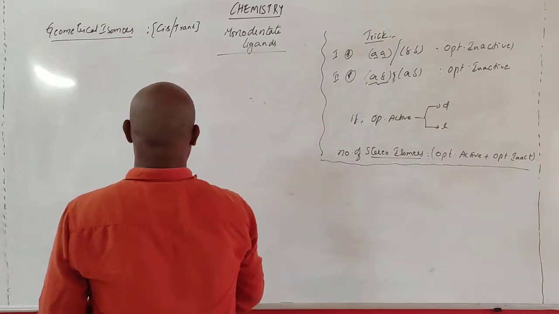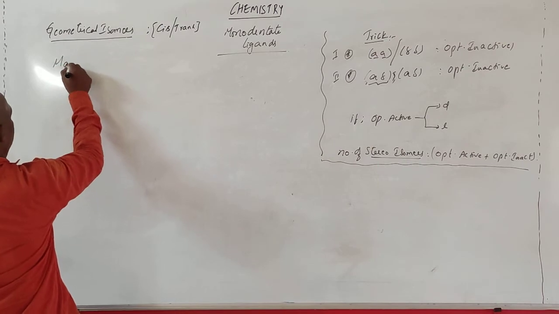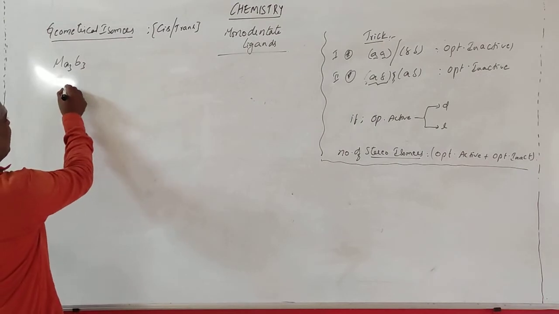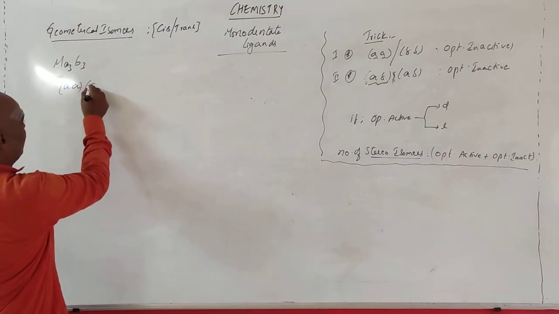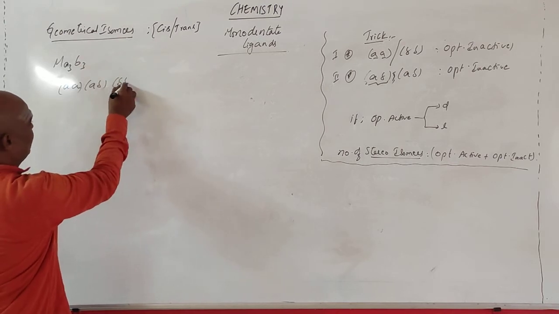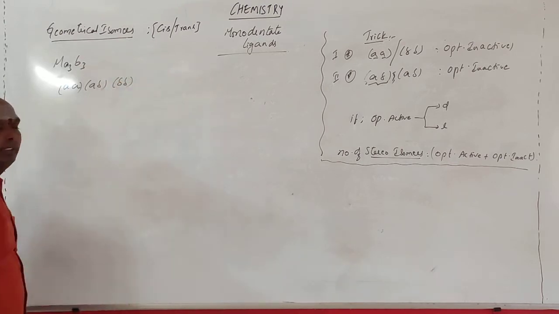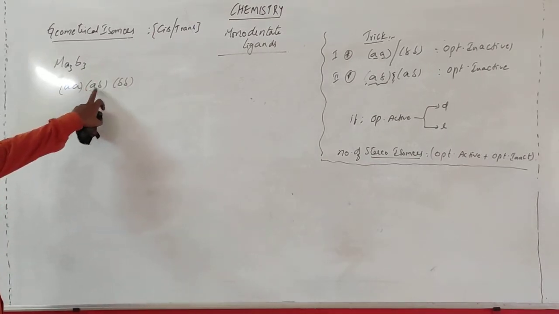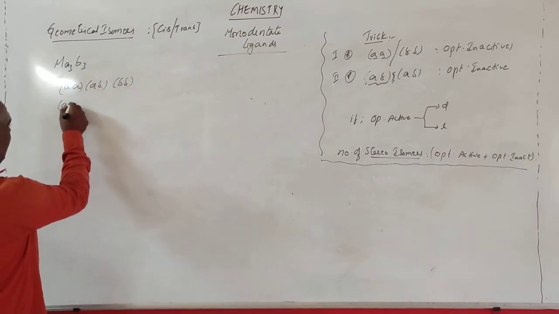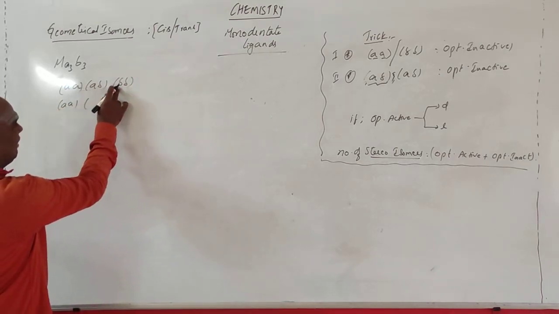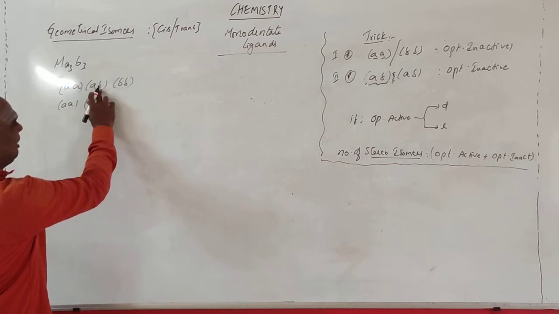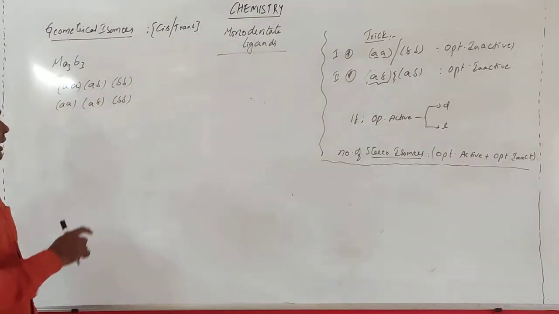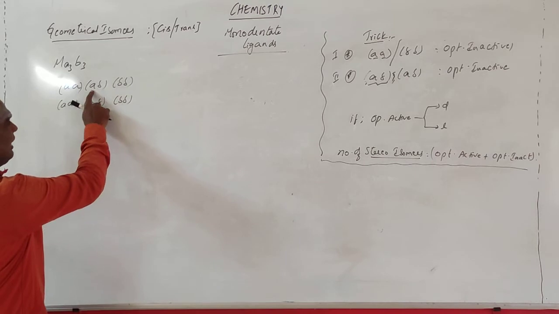So if I take M, A3, B3. This is the condition. So go for the geometrical isomers. AA one set, AB one set, BB. See, 3 A's are there, 3 B's are there. Clear. Now go for one more thing. AB, if I combine here, AB, BB, AB. So AA common, I am combining this one with this one. A with B, B with B. See, again same thing is repeated. This one A with B, B with B, or A with B, B with B.